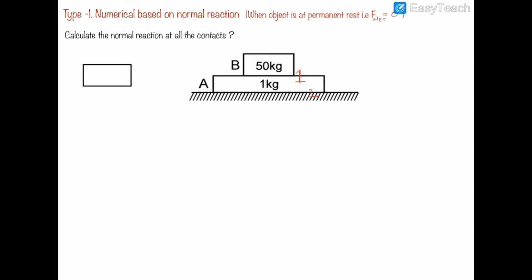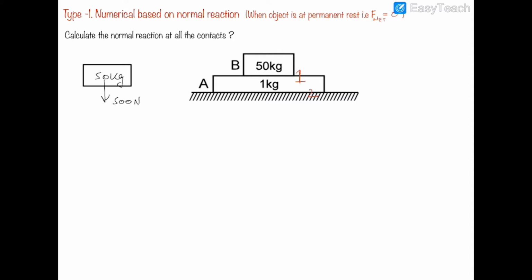Look, the free body diagram is the base of solving any mechanics problem. In fact, any physics problem is made simpler by the free body diagram approach. So while drawing the free body diagram of the 50 kg block, I know that the force mg is equal to 500 Newton, because I have multiplied the 50 kg with g, and I have assumed the value of acceleration due to gravity to be 10.